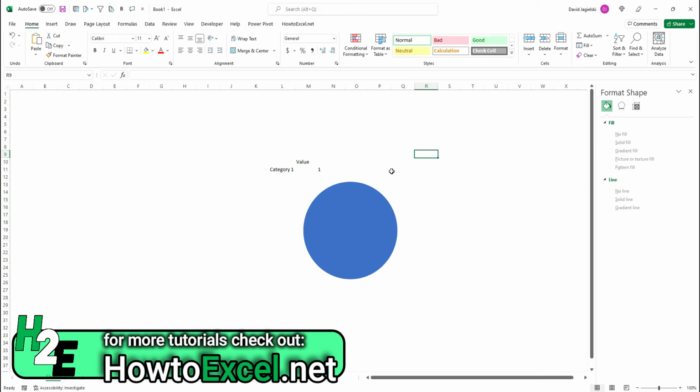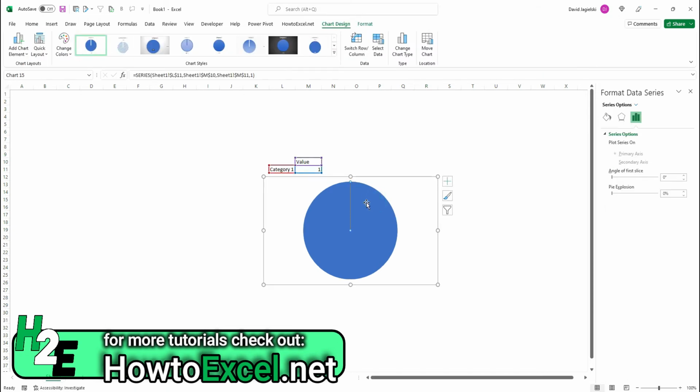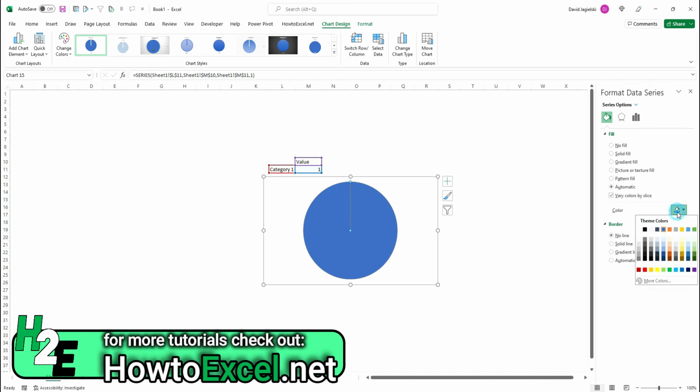And one tip I'll give you with working with charts, with pie charts specifically, is if you see these dividing lines in there, that tells you you've actually selected the chart itself, versus if I click on here, I selected the chart area, not the actual chart. So I'm going to go back and select the actual chart here,